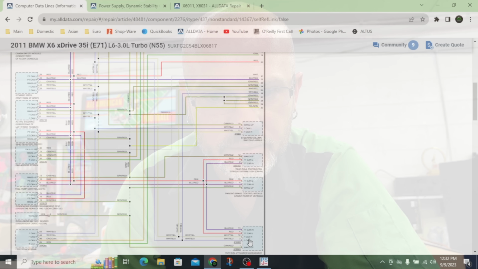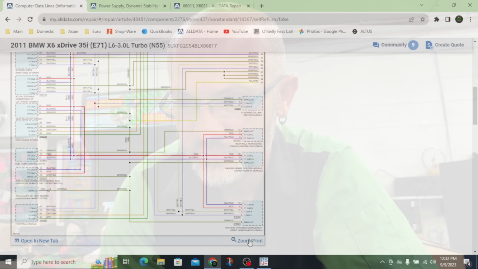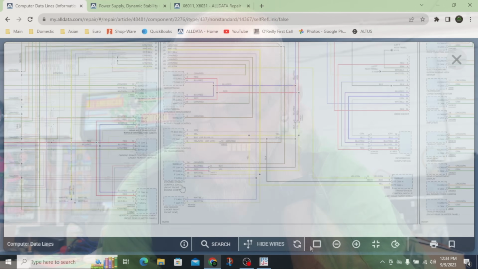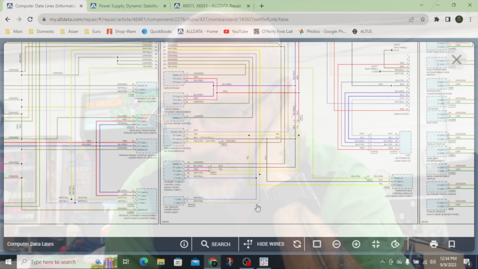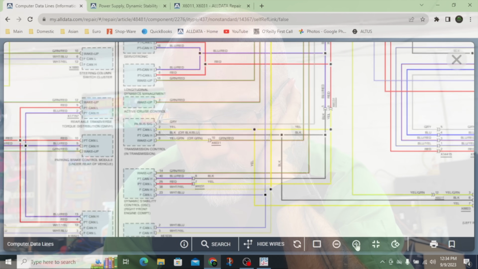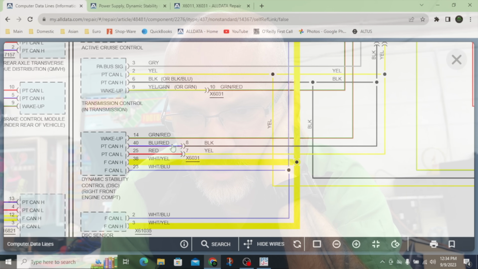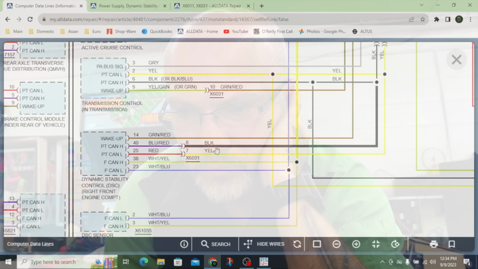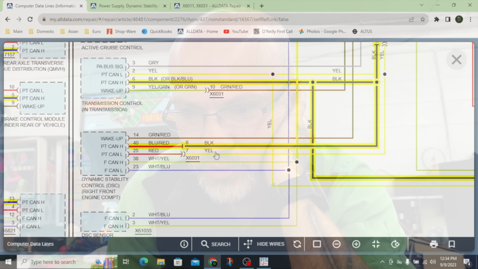DSC or ABS module. Here it is, DSC. And they change to yellow and black. Clear. Go away. There we go. All right, so they changed to black and yellow,